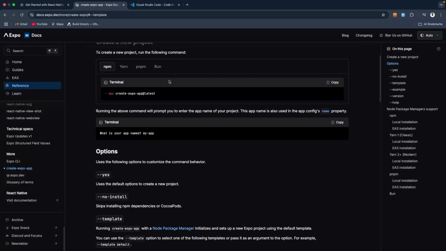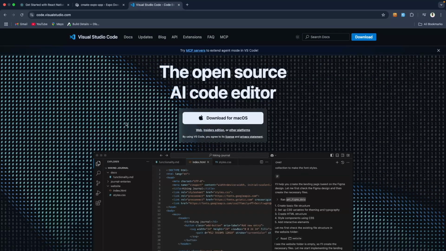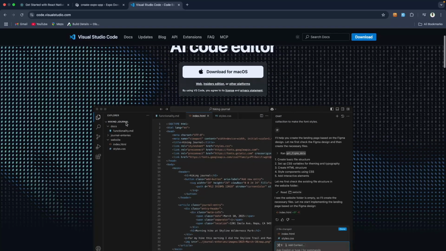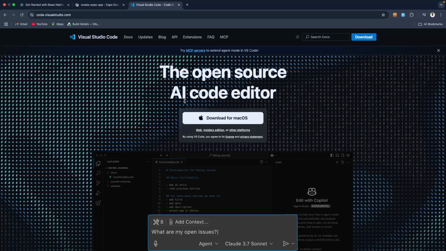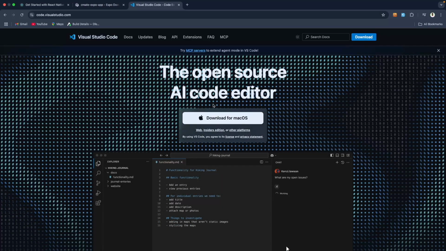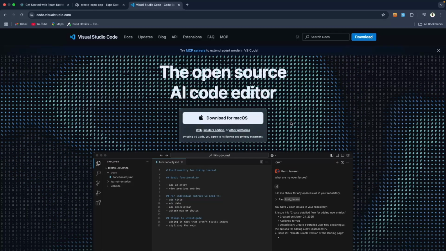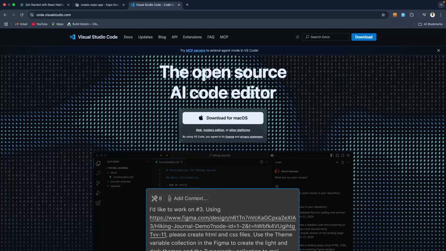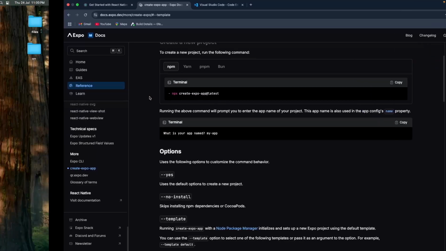Copy this command. Now I'll be using VS Code as my development tool. If you want to use the same tool, you can basically come to code.visualstudio.com and download the software for your device. It's free, so you can basically just download and then install it on your laptop, and then you can use it. All right, so make sure you've copied this command npx create-expo-app@latest, and then head over